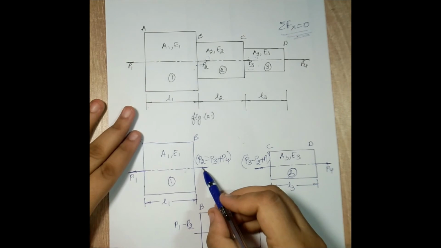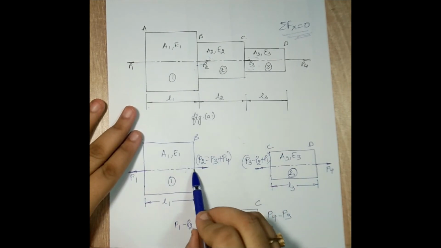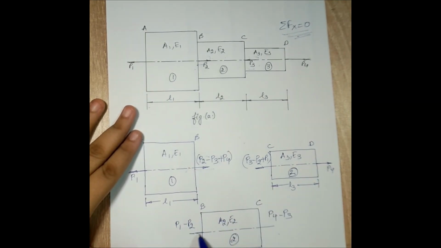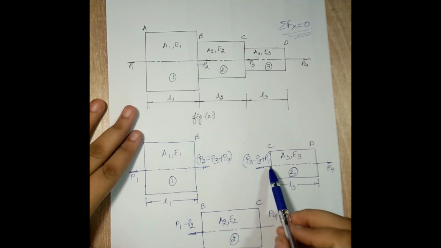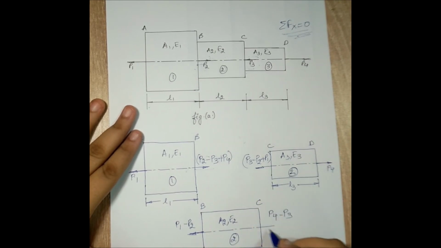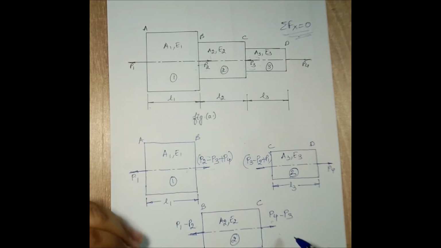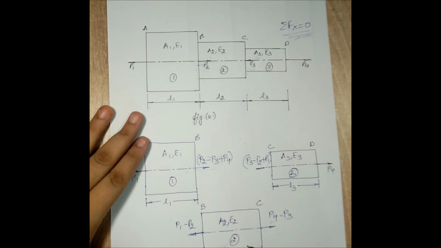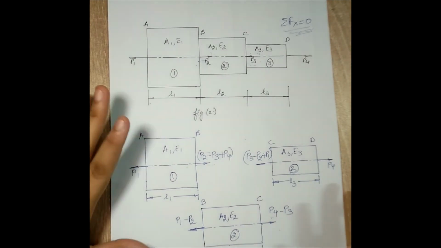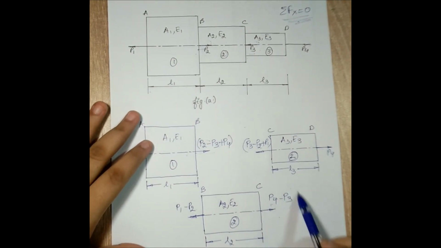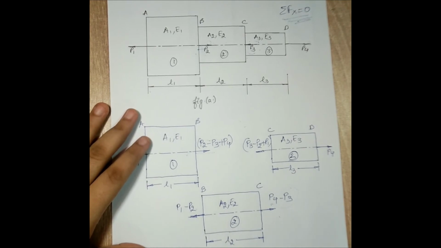Now what kind of arrow do you expect me to draw here? If you observe junction B, here since it is moving towards the right, I will draw it towards the left. Here since it is moving towards the left, I will draw it towards the right. This is a pure assumption which I have made in this question. I technically cannot say whether it should be of pull or push type. It could also be push type. It depends on the values of these forces which are given to you in the question.